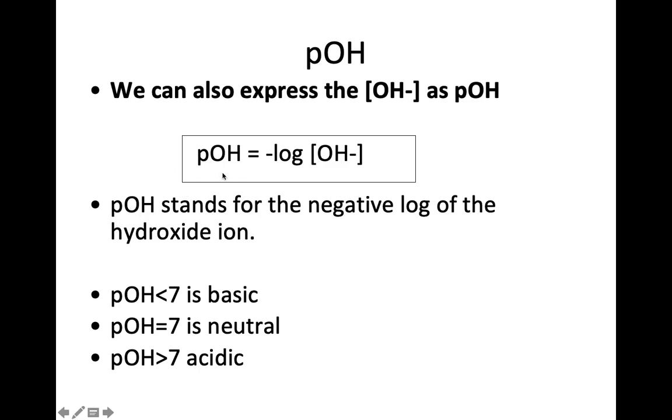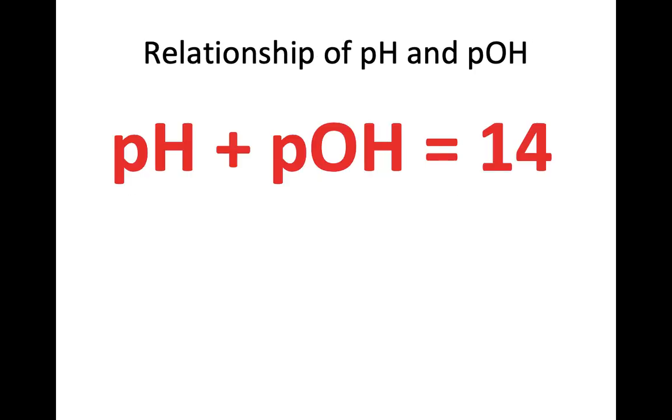So to solve for the pOH, you do the same thing with the calculator. If the pOH, and this is the confusing part, so this is why I'm telling you to ignore this page, if it's less than 7, it's basic. If it equals 7, obviously it's neutral. And if it's greater than 7, it's an acid. Isn't that the opposite of pH? Yes, it is. And you'll see why in a second. Because